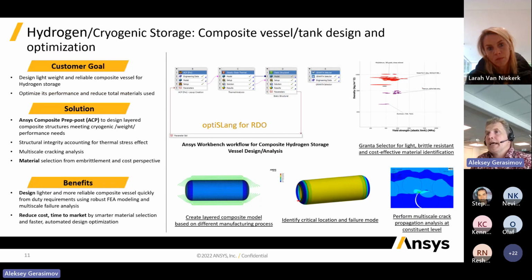When it comes to storage tanks, whether they are cryogenic liquid hydrogen or compressed hydrogen, to make it a viable option it needs to be a composite material, and we would like to have it as lightweight as possible. For example, these days we can even see some hydrogen cars becoming commercially available. The Toyota Mirai has three composite material tanks, and all three of them store hydrogen at 700 bar. It's compressed, not a liquid solution, but it's a very serious pressure. If we compare, a propane tank is 10 bar, a methane tank is 100 bar, and for hydrogen it's 700 to be suitable